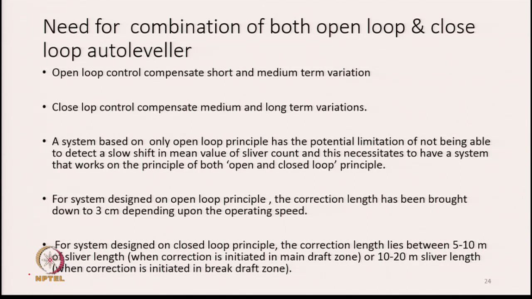For a system designed on open loop principle, the correction length has been brought down to 3 centimeter depending upon the operating speed. Today that is the achievement, it has been brought down probably still further. What is correction length? We will be discussing also. And for a system designed on closed loop principle, the correction length lies between 5 to 10 meter. So, open loop it is coming into centimeter. For closed loop the correction length is between 5 to 10 meter for sliver length